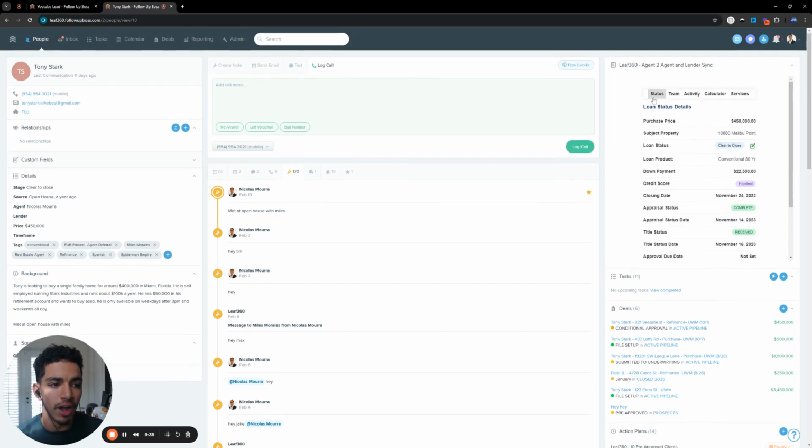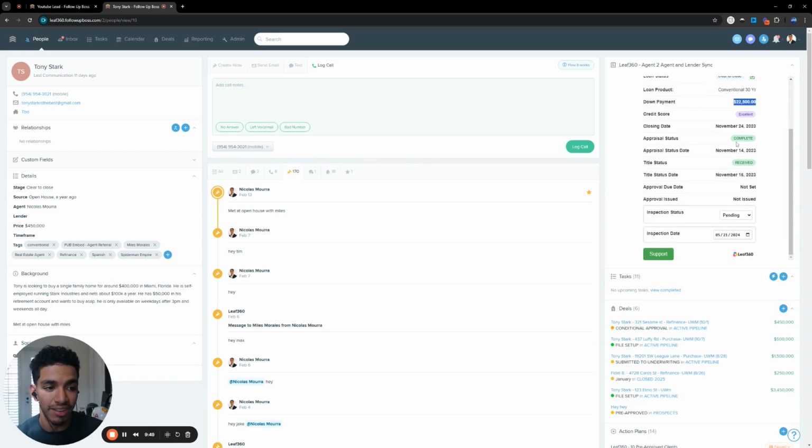But if you look on the right side on the status, you can actually see clearly that this is pulling in directly from Arrive, this account. So you'll notice the purchase price, the subject property, the loan status. You can see the loan product, the down payment, the credit score rating. You can even see the contingency dates. And remember, these are automatically pulled in from the LOS. So as long as you, the mortgage broker, are connecting your LOS and you're obviously keeping it up to date with the proper information,